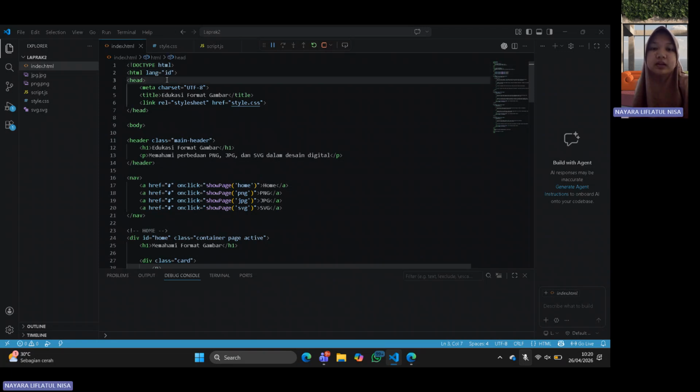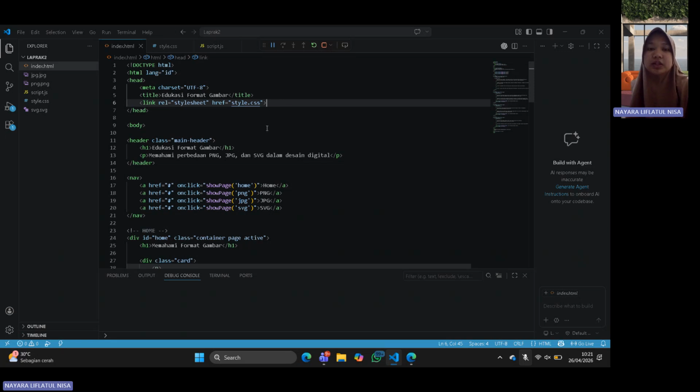Inside the head section, I define the character encoding using UTF-8 and set the title of the web page as edukasi format gambar. I also connect the CSS file using a link tag which links to style.css.